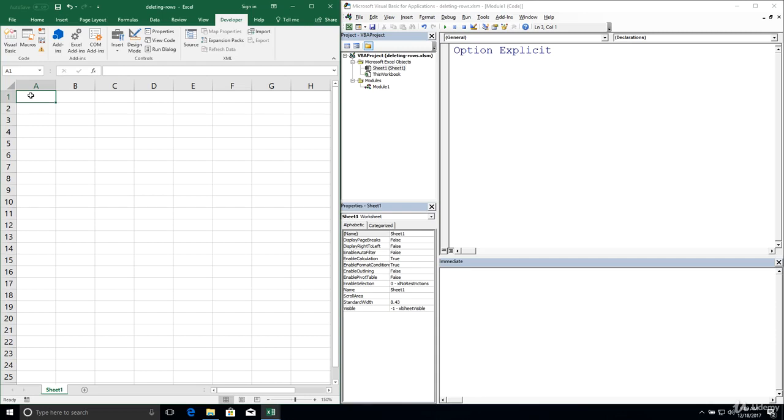So what I'm going to do here is define a column of random values. Let's just populate it with random numbers for now. So I'll put a 1 in here, a 2 in here. I'm going to click this and drag this all the way down to, let's say, row 15. And then I'm going to replace some of these numeric values with the keyword delete. It doesn't really matter what we put in here, but I want some kind of marker that's going to indicate that a row should be deleted.